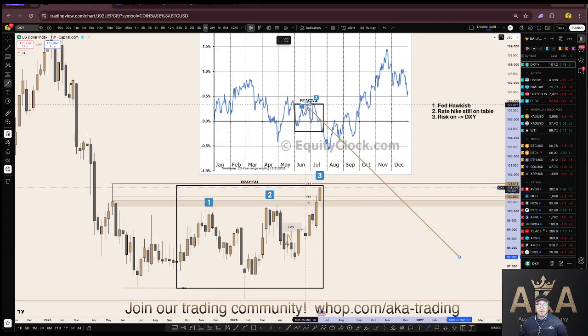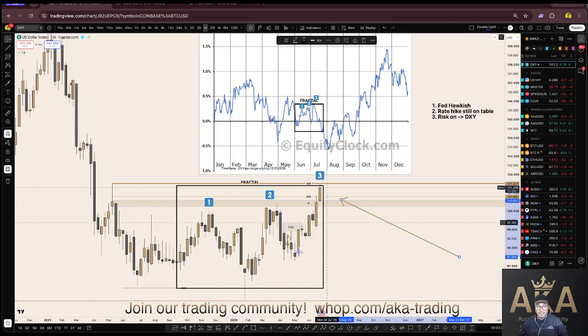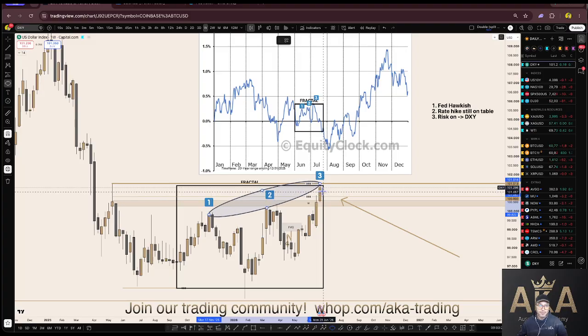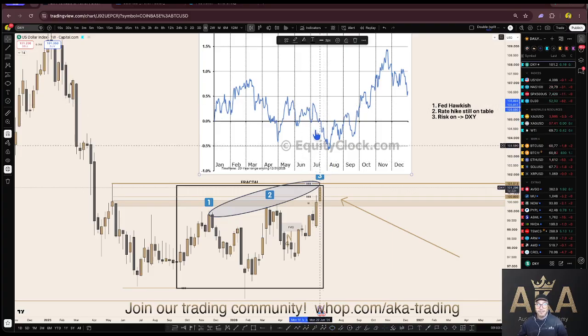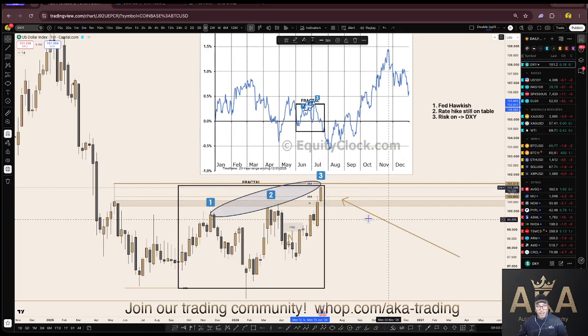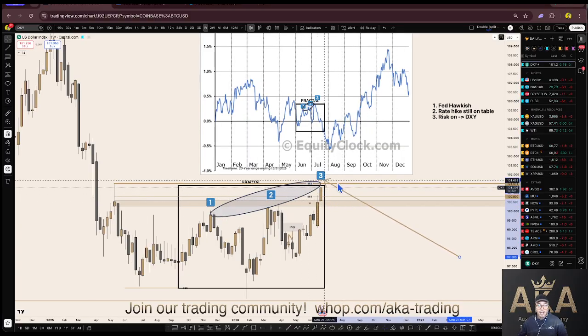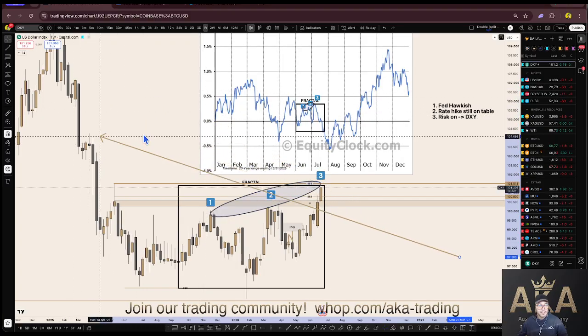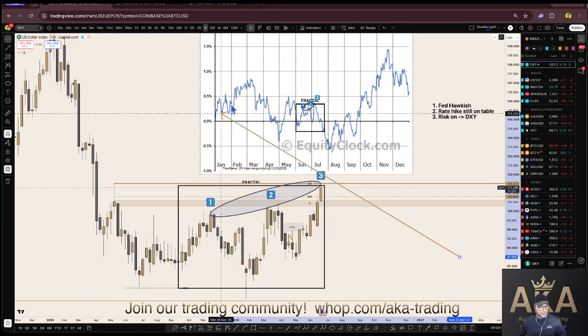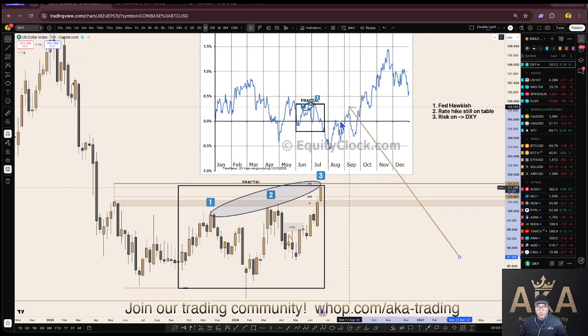So the fractal that I'm looking at now is 1, 2, 3 highs, 1, 2, 3 highs. If you do copies, 3 pointers, right? This will be the 3 point, if you know what I mean, and if you don't, worry about it. But basically, this is what we're looking at here, that 1, 2, 3. And if the dollar now keeps going higher, we'll have basically almost an uncharted situation where seasonality is out the